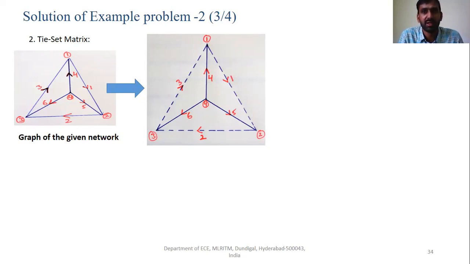Here in this problem we have considered 4, 5, 6 as the tree and 1, 2, 3 as the cotree, so 4, 5, 6 are the twigs and 1, 2, 3 are the links. When obtaining the tie set, we form the loops with respect to different links. So now let us form the loops with respect to each link.